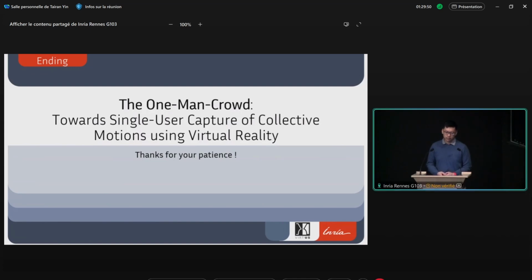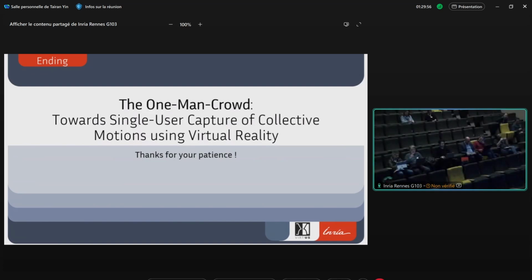Let me ask a kind of tactical question. It seemed to me that by choosing the circle and crossing flow scenarios for chapter 4, you're kind of jumping in the deep end of the pool. That's the hardest thing to get right. So you were in some sense doomed to fail by choosing those really hard scenarios with many, many interactions. Another strategy might have been to say the one-man crowd seems perfect for collective motion, where there is a kind of causal flow of influence through the crowd in one direction. So why jump into the deep end of the pool as opposed to building up gradually and seeing where it succeeds and fails?